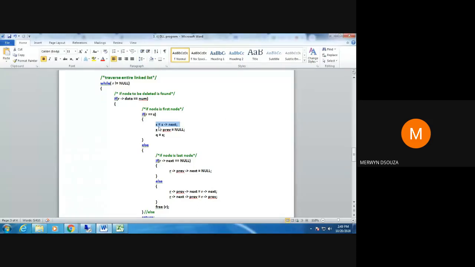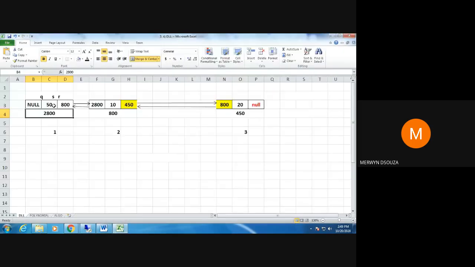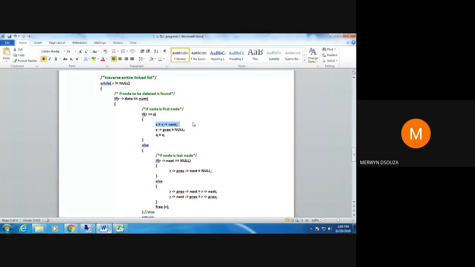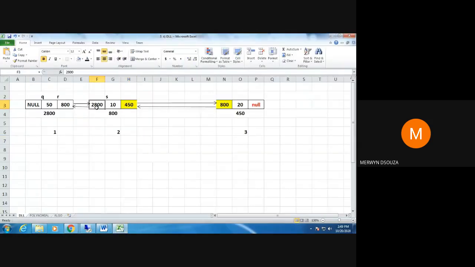So what I do, first line, I shift my S pointer to the next node. Okay, so S goes from here to here. That is your first line. The second line, I make the previous part of this equal to null. Previous part will become equal to null.